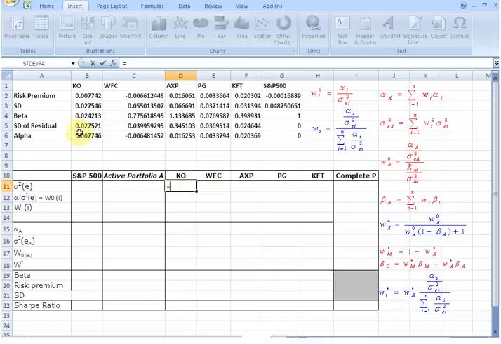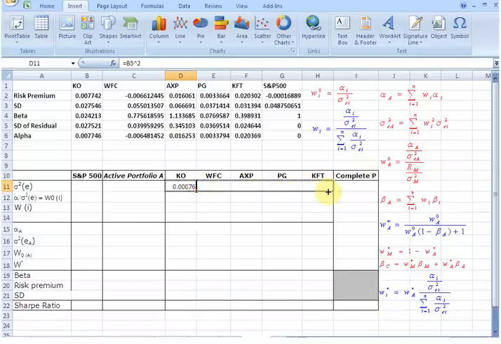So for Coca-Cola, this is the residual variance, cell B5. The residual standard deviation, cell B5, and we are going to square it up. Once we have done that, we can drag this across for all other securities in the active portfolio. So we now have the residual variance of all the stocks in the active portfolio, and we can now compute